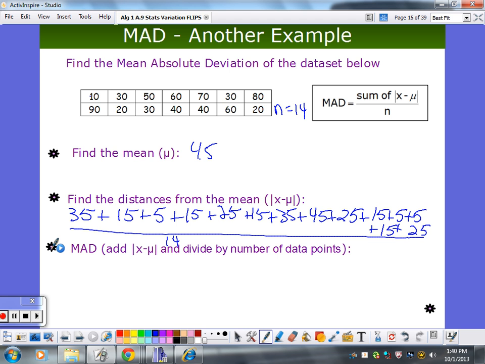Let's see if we can come up with a number. What'd you get? 20. Me too. She's really fast. But how about with that process? Hard or not hard? It's hard. Once you get it, it's not that hard. Because what are we doing? Find the mean, subtract the mean from all